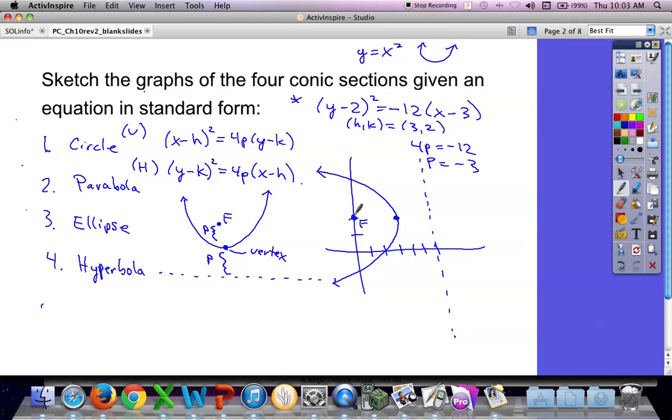Right, so this point is 0, 2. This point was 3, 2. And the line is x equals